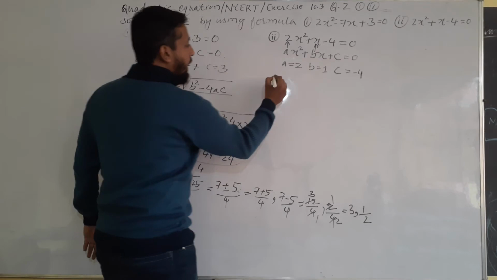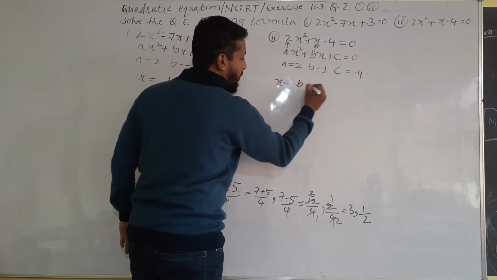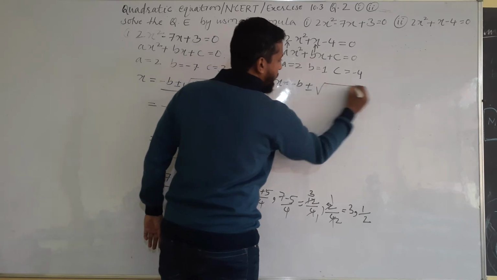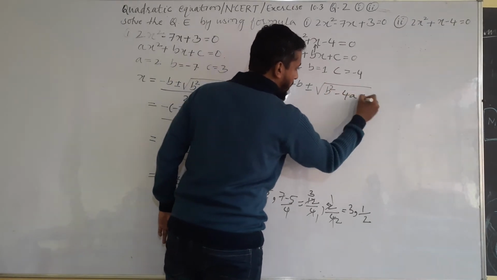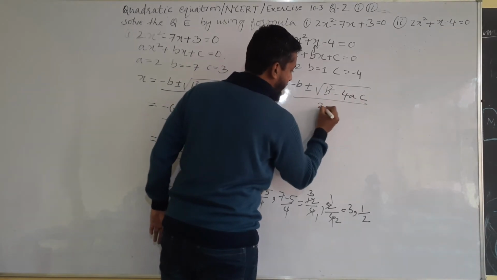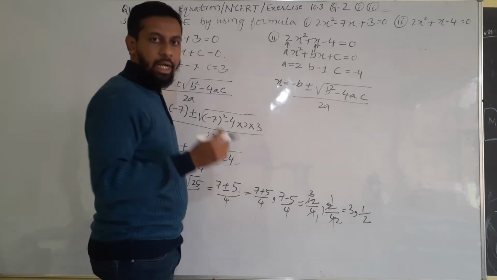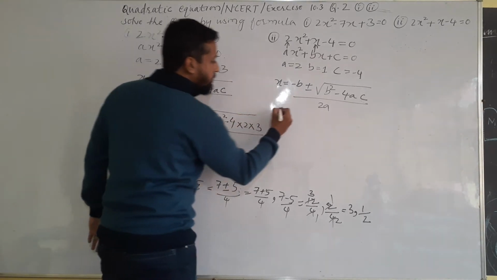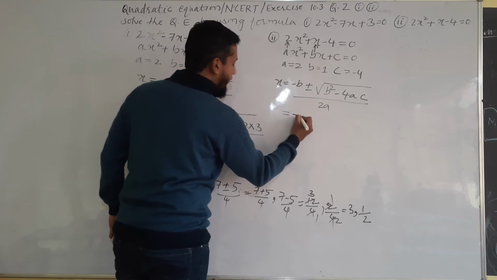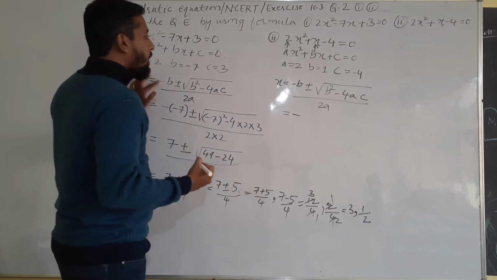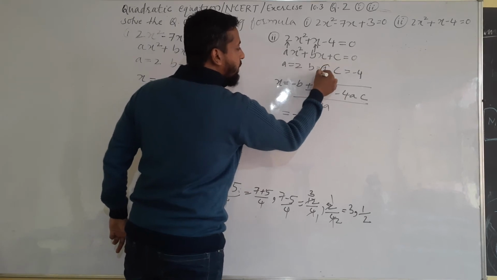Now, let's substitute in the formula. x is equal to, always you have to write the formula first. Without writing the formula, if you are solving, then if the solution is wrong, you will not get any marks, keep in mind. If you write the formula, if the formula is right, at least you will get some marks. Now, first write this minus sign as I explained here. Then substitute the value of b. b is plus 1 here, student.